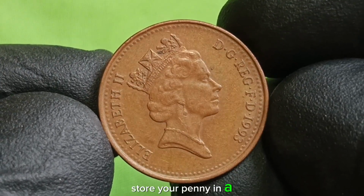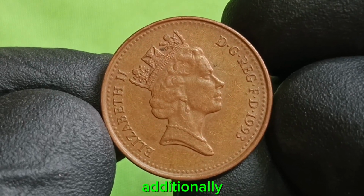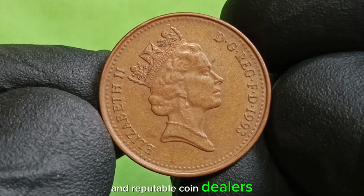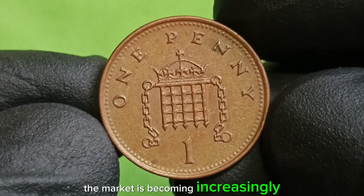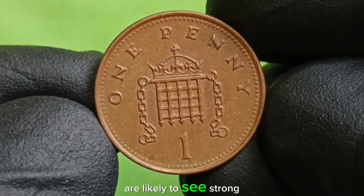Store your penny in a protective capsule or acid-free holder to prevent further wear. Additionally, it's a smart move to keep an eye on auction sites and reputable coin dealers for sales trends and potential opportunities to either sell or buy another example. The market is becoming increasingly competitive, and savvy collectors who act now are likely to see strong returns in the